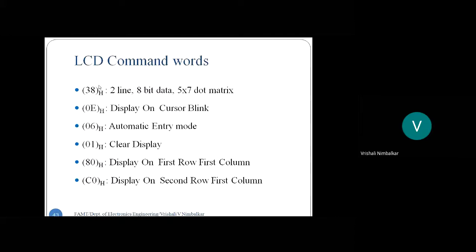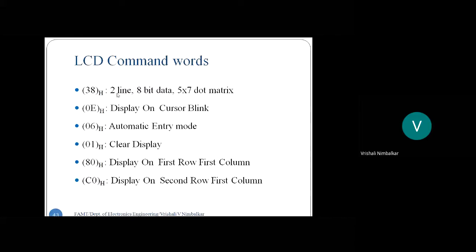Now once 38 hex has been received by the LCD, it does these initializations. The LCD will activate itself. It is using 8-bit data. I told you all there are 2 options: the LCD can use an 8-bit data bus, or the upper 4-bit data bus, D4 to D7. 38 hex means it is using 8-bit data, all D0 to D7.